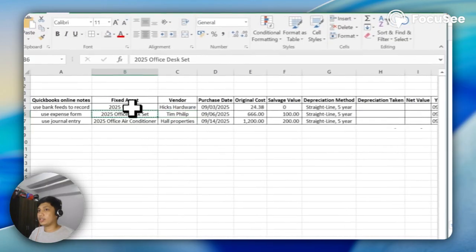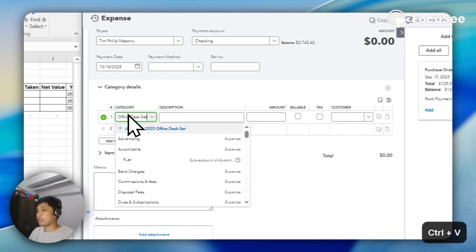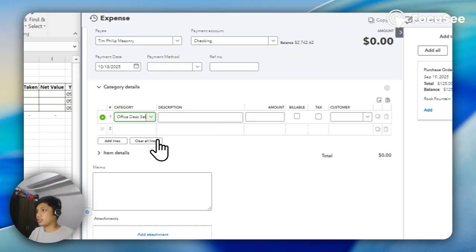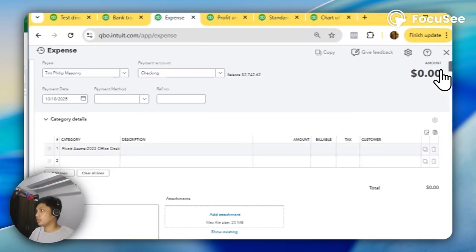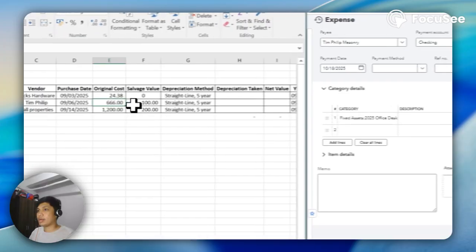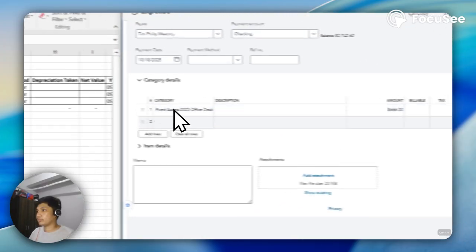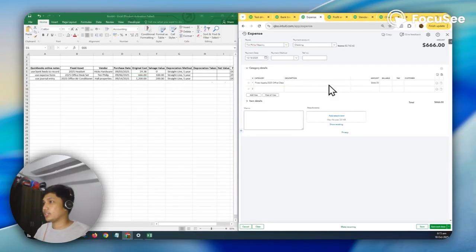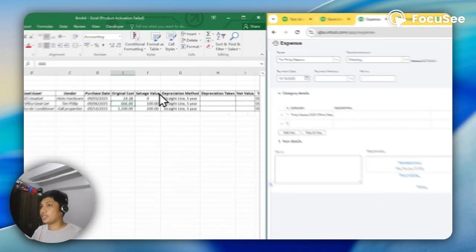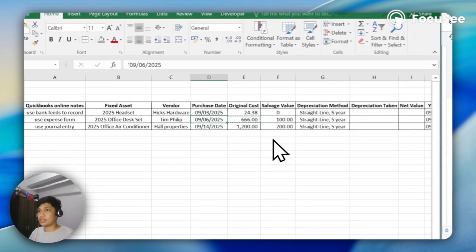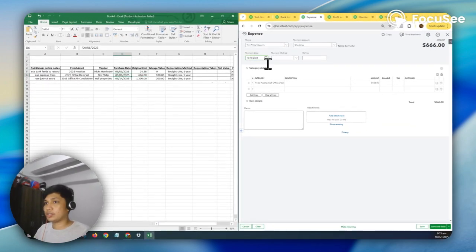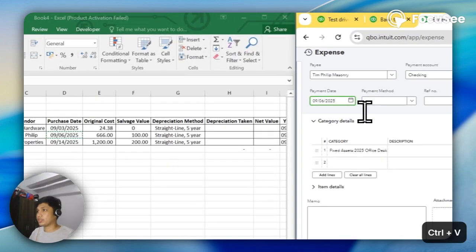And then I'll categorize it using this. The amount is 666. And the date of this asset purchase is September 6, 2025. Save.